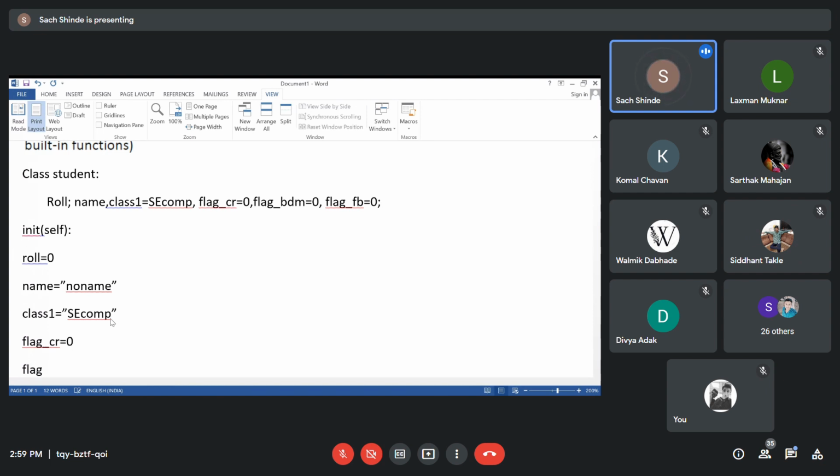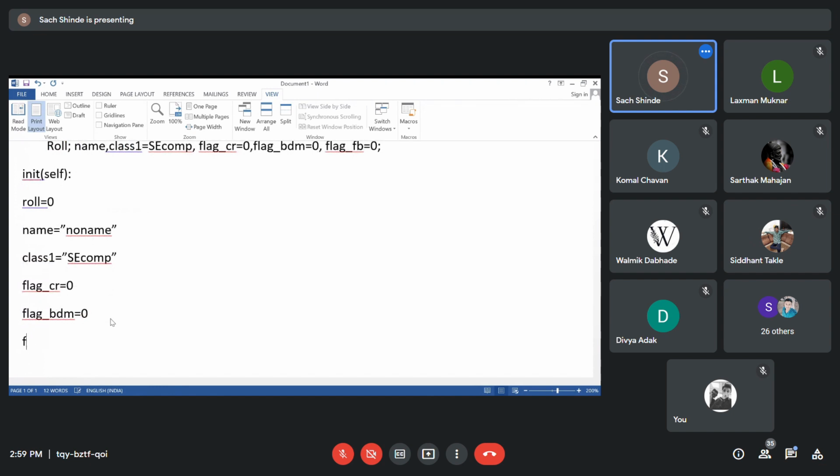Flag underscore badminton, so BDM badminton equal to 0. Then the flag for football player, so FB equal to 0.